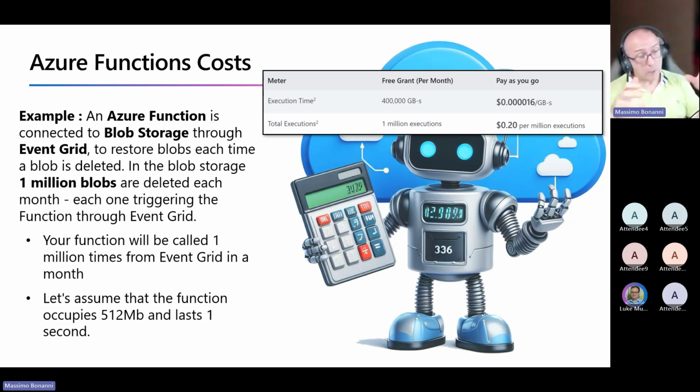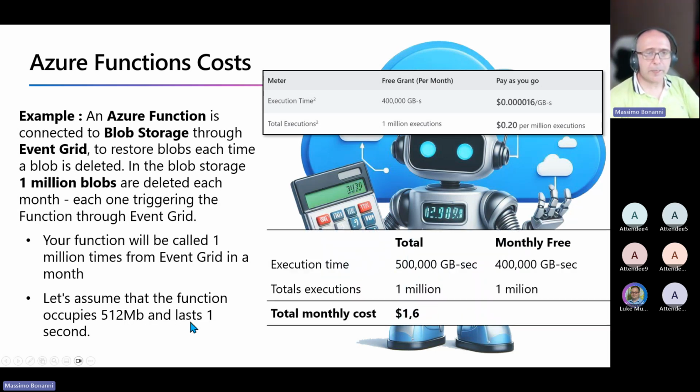Okay, it's 512. Sorry, it's very, very high, so you need to use a lot of memory. And the duration is 1 second. 1 second is a lot to restore a blob. You don't need 1 second. But making this assumption, you pay